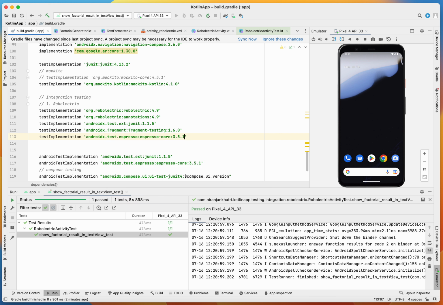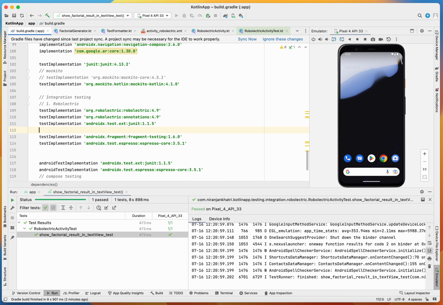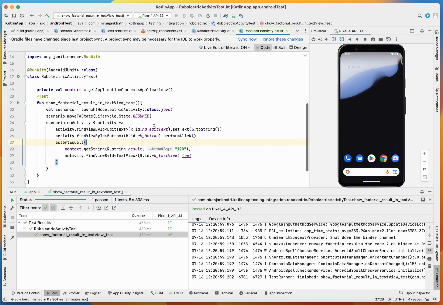You have to implement these two libraries if you want to do fragment testing in Robolectric, for creating the fragment scenario. The steps are pretty similar. Instead of creating your activity, you just need to